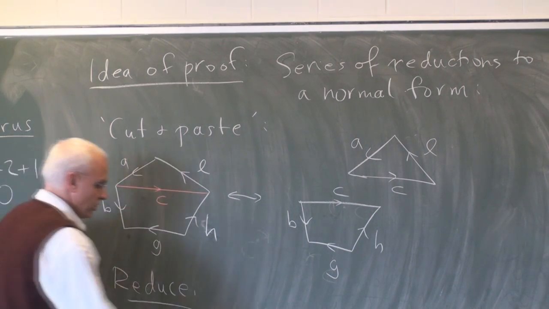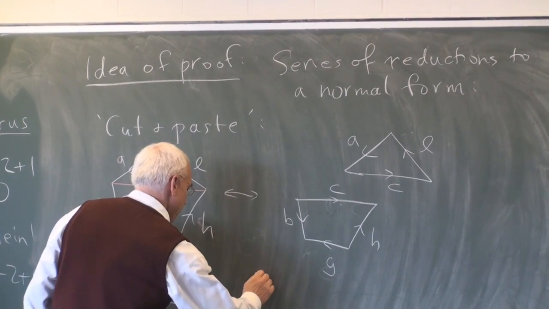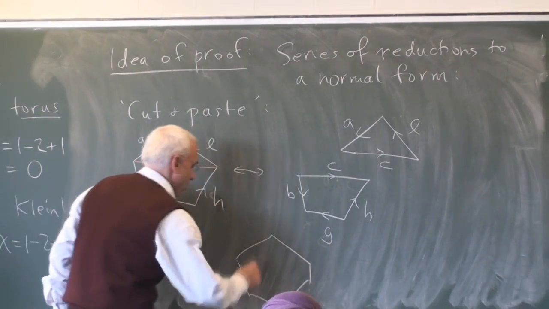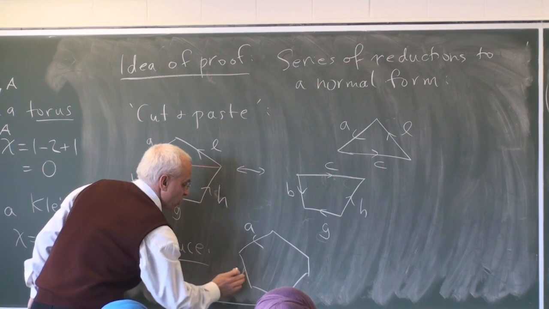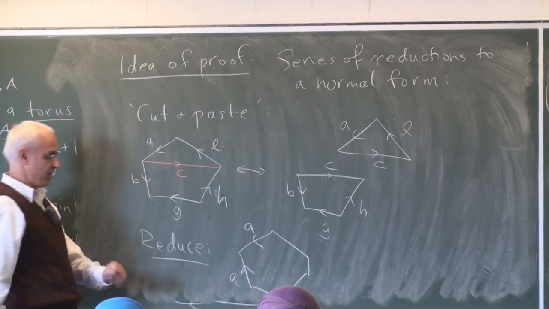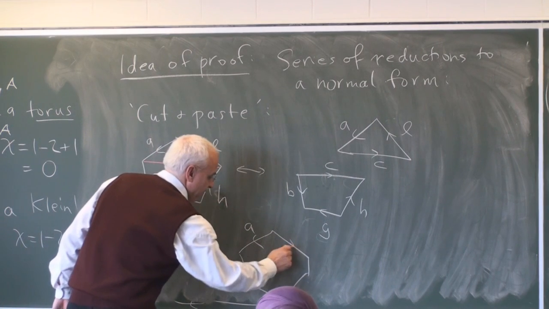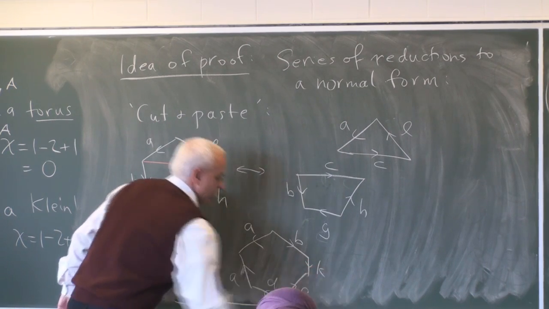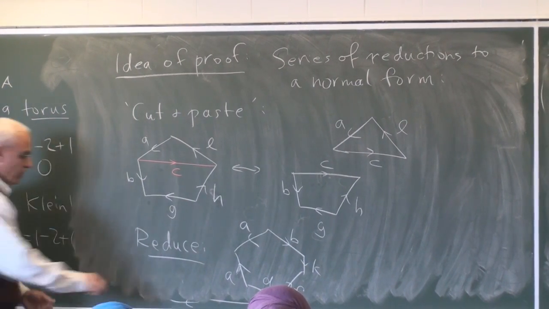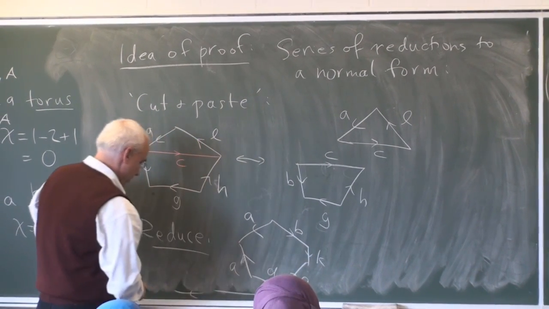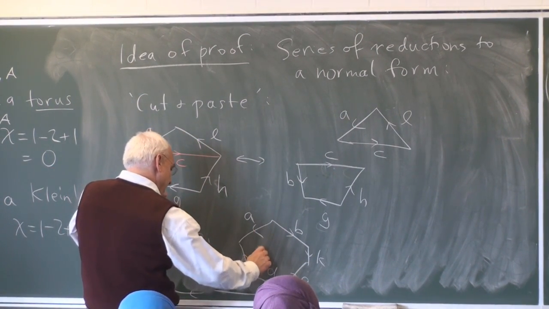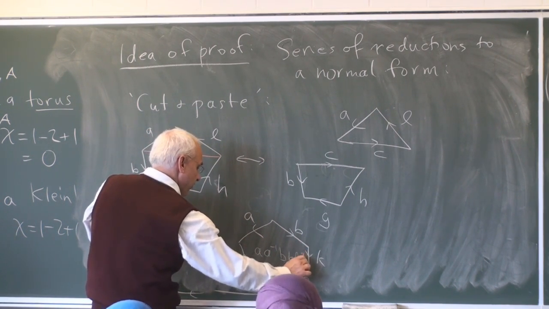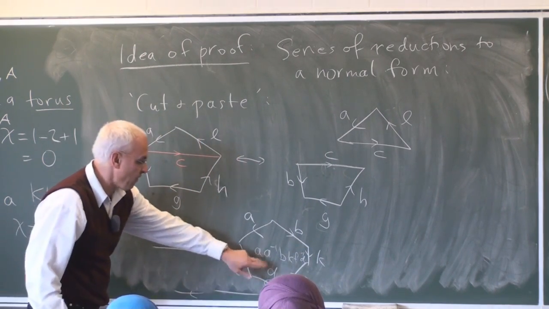We're going to reduce the edges in a certain situation when we have the following picture. Suppose that we get to the situation where there's an edge A here and another edge A inverse, essentially A in the opposite direction, and some other stuff, B, let's say D, F, K. If we're reading around in this direction, we have an A inverse, and then B, K, F inverse, D, I suppose. We have an A followed by an A inverse.